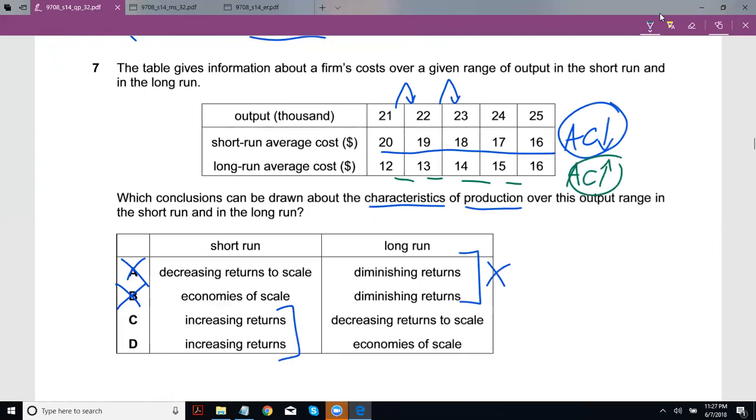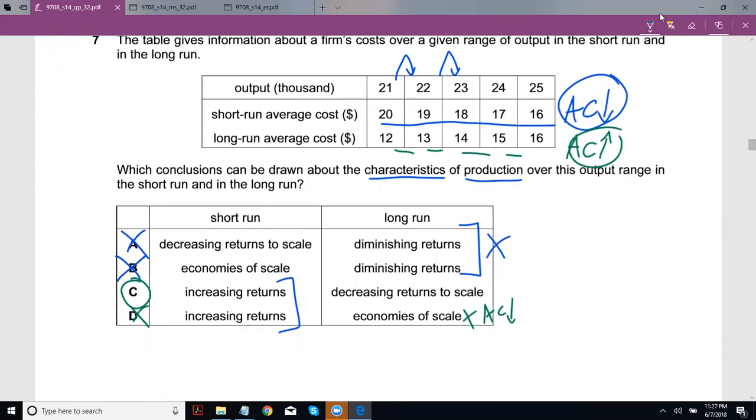It's going from like 12, 13, 14, 15, 16. So because of that, economies of scale means decreasing average cost, so you can cross that out. That leaves you with C, and that makes sense because decreasing returns to scale means you're increasing your inputs by